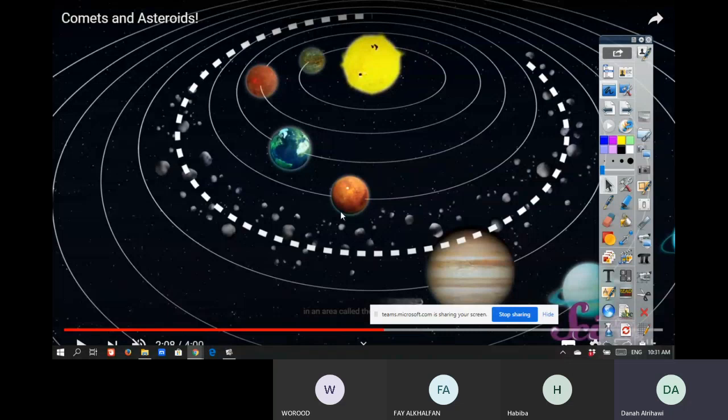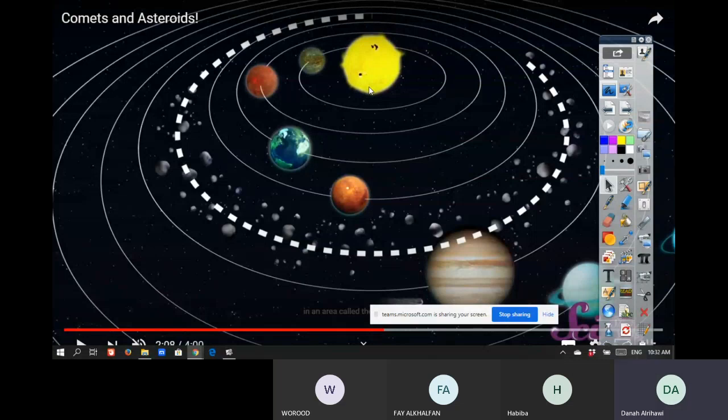So the asteroids are orbiting in a special place. We call this the asteroid belt. It's between Mars and Jupiter. While the comets are made of dust and frozen gases that just move everywhere. Why do we see the comets as shooting stars? Because when they come close to the sun, the frozen gas melts and forms the shape of a tail. That's all about the asteroids and